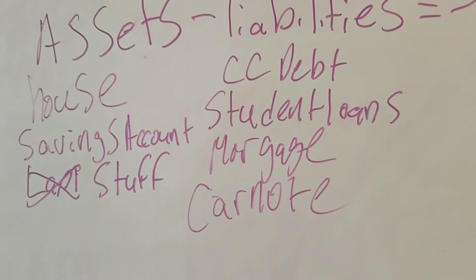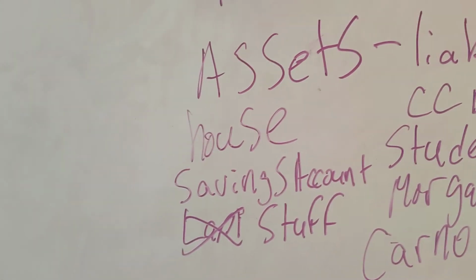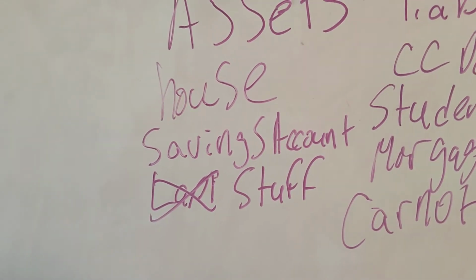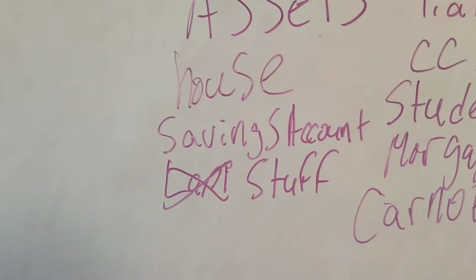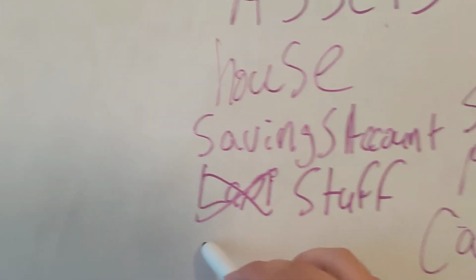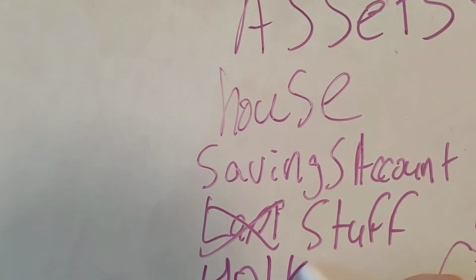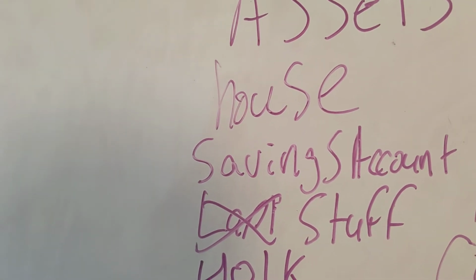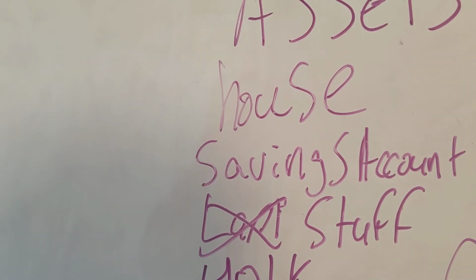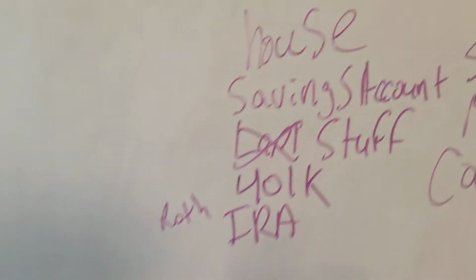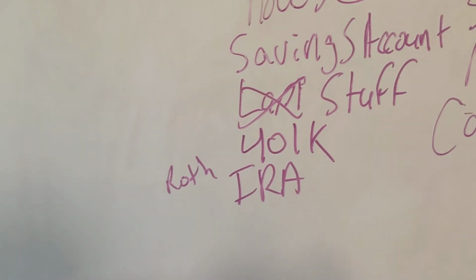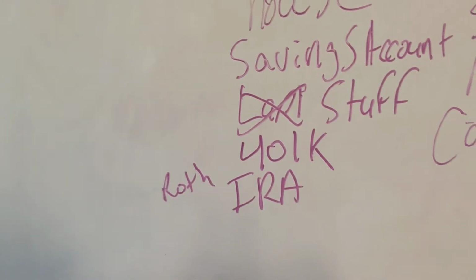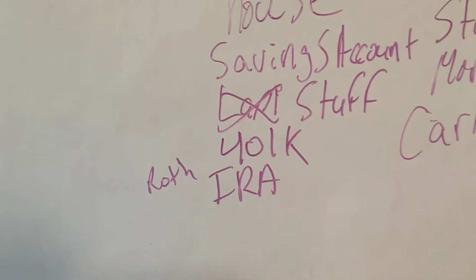Like the more you pay off on the mortgage, the more you technically own your house, and that starts to become an asset. Your savings account, how much money you have in there, including stuff is very, very general here. Let's write something else. So I included 401k and your Roth IRA, or just your IRA, which are both like retirement accounts. And then I would also include, like, say, your Robinhood account and stuff like that.